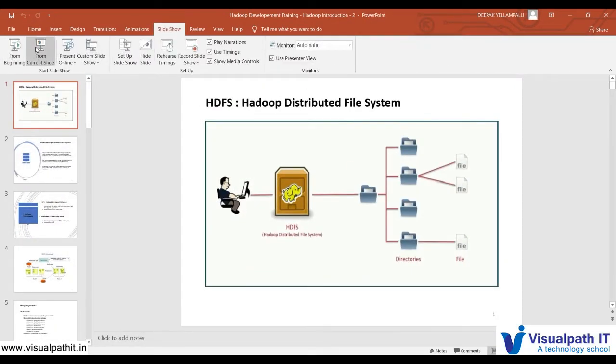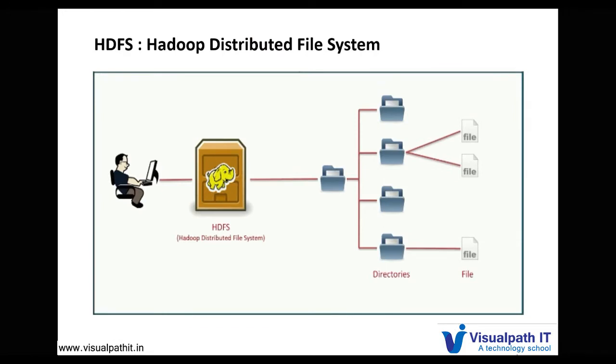HDFS is the Hadoop Distributed File System, so how the file system stores data in Hadoop. Hadoop has two components: one is HDFS and another one is MapReduce. HDFS is the storage layer, and MapReduce is the processing layer. Storage layer: for example, if you copy a file from outside to Hadoop,